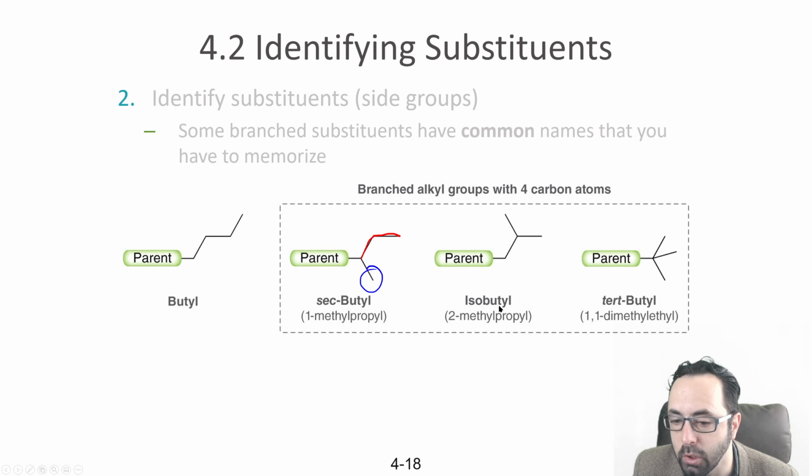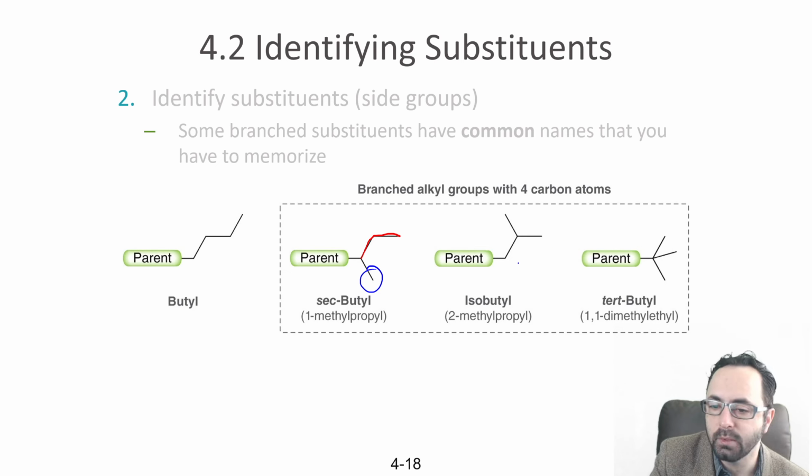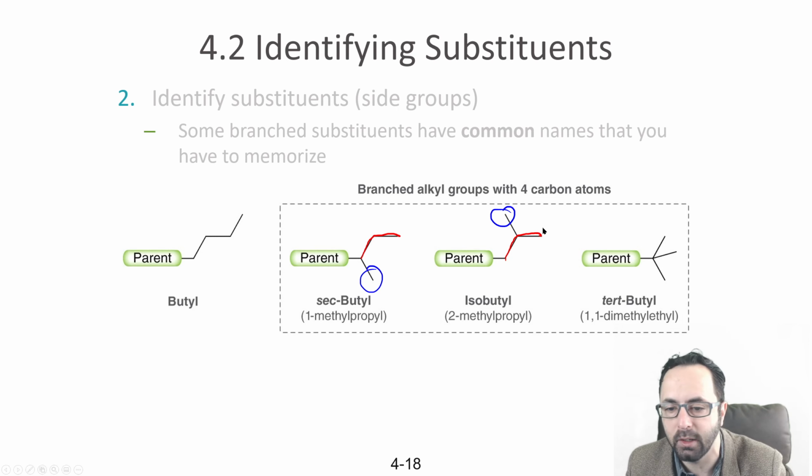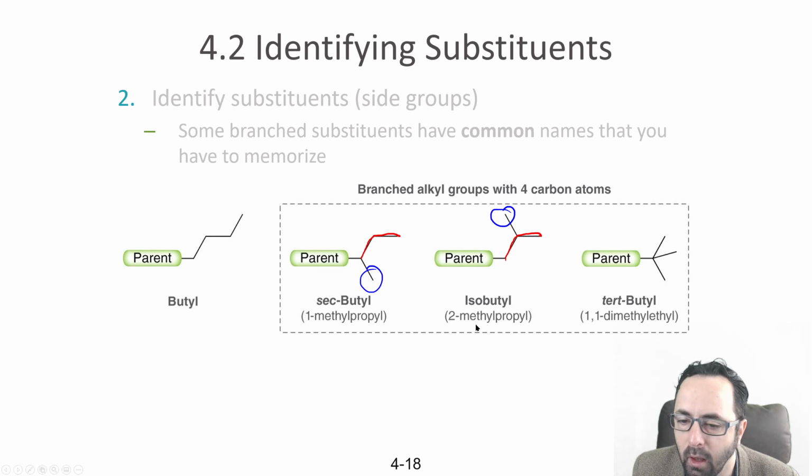There's also isobutyl. So here we have the main chain is also, again, contains 3 carbons, and then there's a branch right here. And so we have 2-methylpropyl, 1, 2, 3, propyl. So the propyl comes from the fact that the main branch has 3 carbons, and then it has a branch itself with 1 carbon, and that's on the second carbon away from the one attached to the parent. So this would be the first one, this will be the second one. But no one calls it that. Everyone calls it isobutyl.